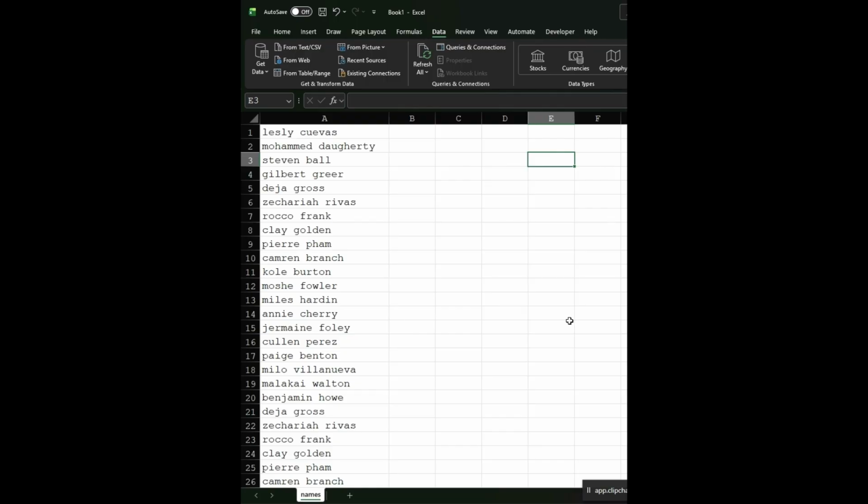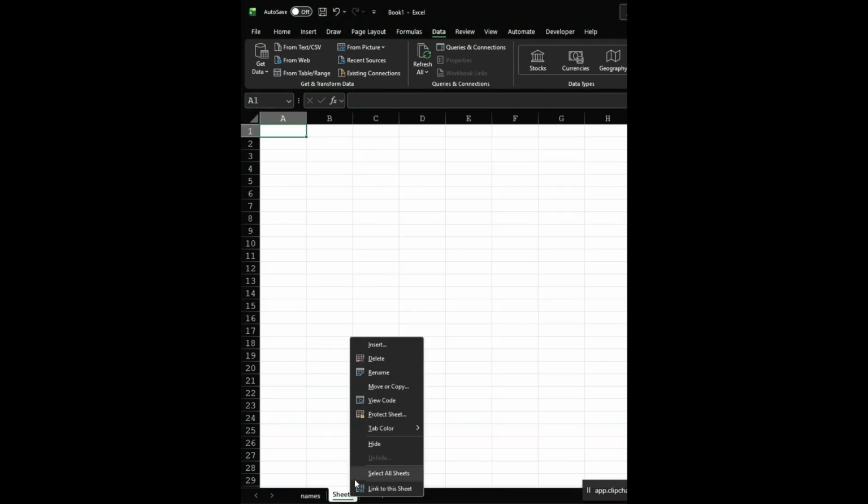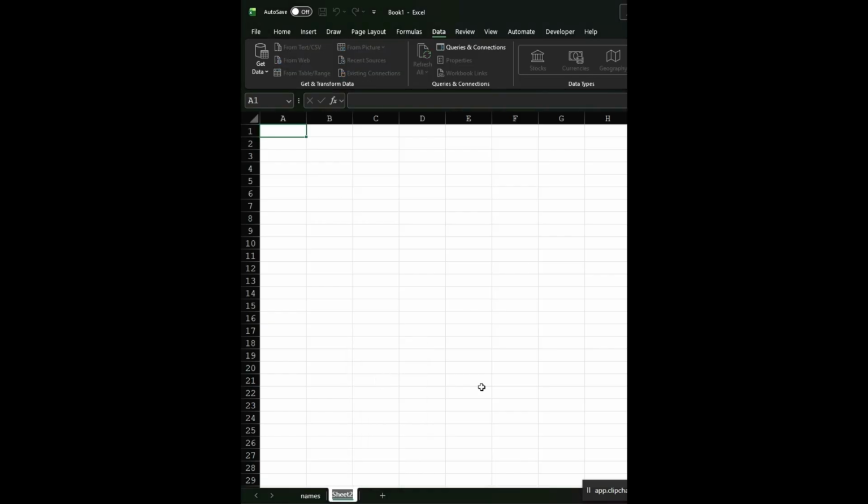So typically how I would handle this is I hope that the data is kind of on its own sheet. So here it's isolated. We have it on this name sheet. So one of the first things I would want to do is isolate this data. So maybe create a new sheet and we'll call this uniques,